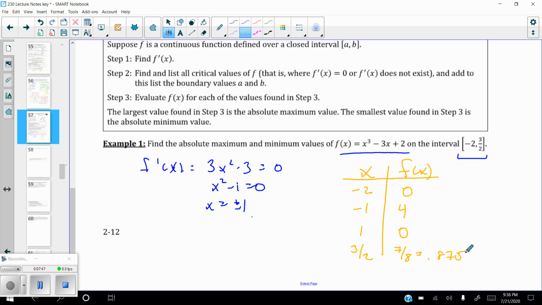So all you need to do now is look at the values that we just got. What's the highest value? What's the lowest value? Well, the biggest value that I got was 4. The lowest value, I actually got it twice, is 0. It only needs to be done once. So all we need to say now is